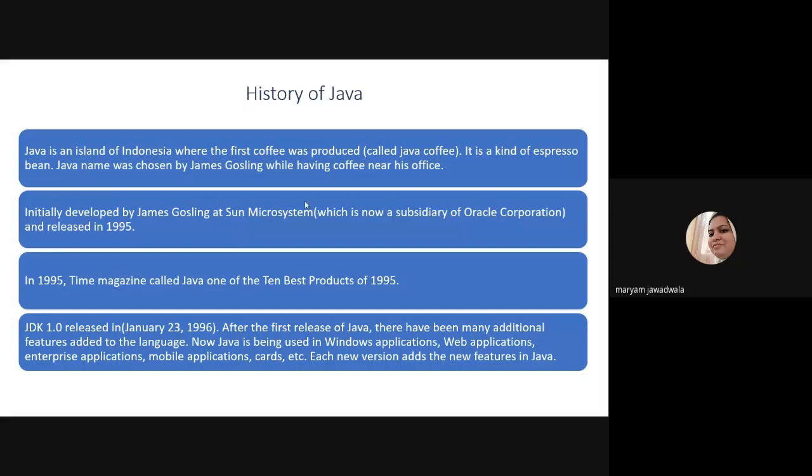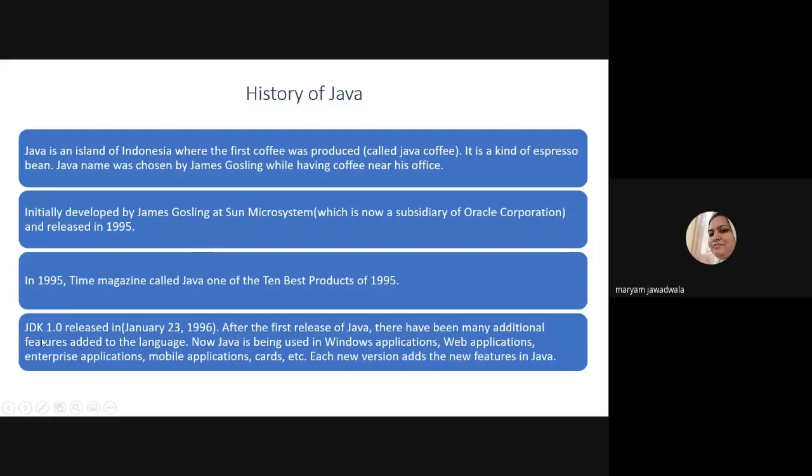And after that, Java came under the Oracle Corporation and was released in 1995. In 1995, Time magazine called Java one of the 10 best products of the year, right?